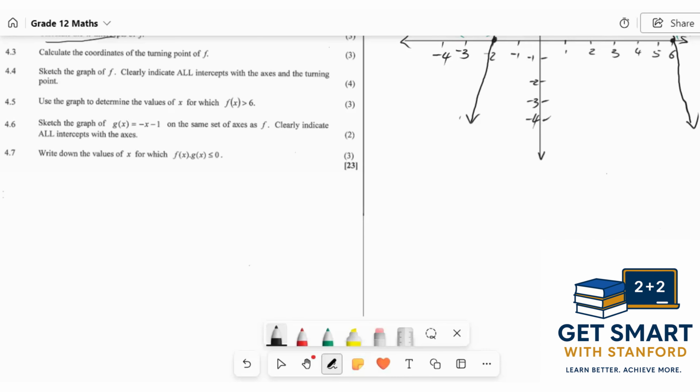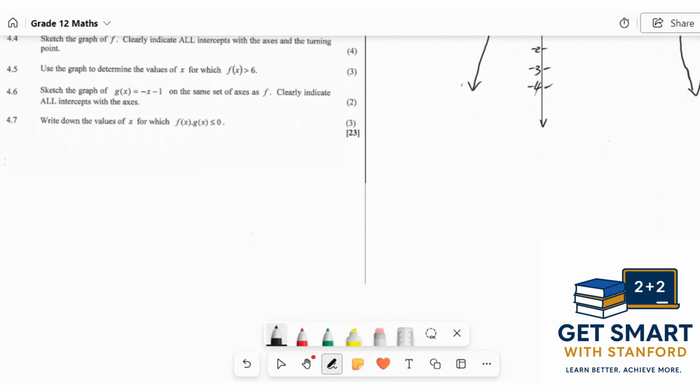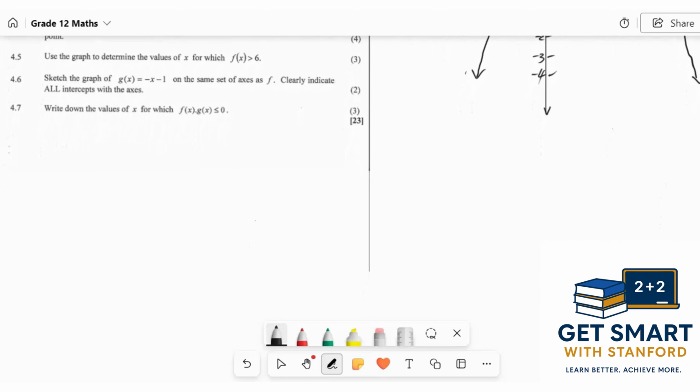4.5, they say use the graph to determine the values of x for which f of x is greater than 6. There goes the inequalities. A lot of learners are scared of inequalities. They think inequalities are very difficult, inequalities this, inequalities that. But here we are today, and we are going to prove that inequalities can be very easy. What are they saying here? They are saying f of x